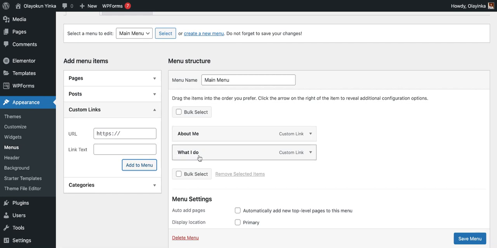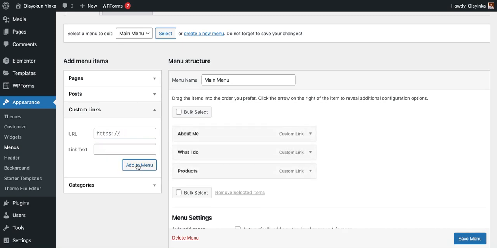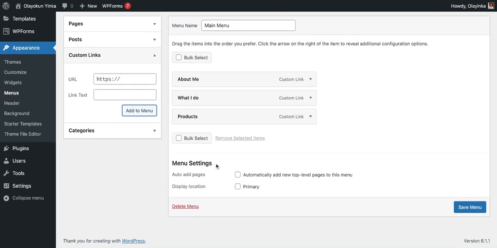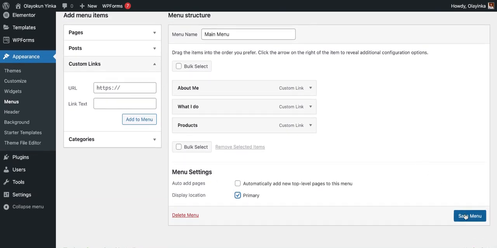You see? Then the last one, which is products. Come here again, hash products with S, if you remember. Don't make that mistake, and then products. Then add to menu. Now, another thing, the final thing that we must do is click on this primary and save